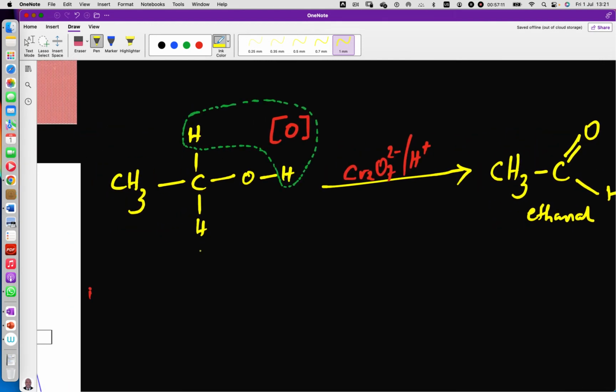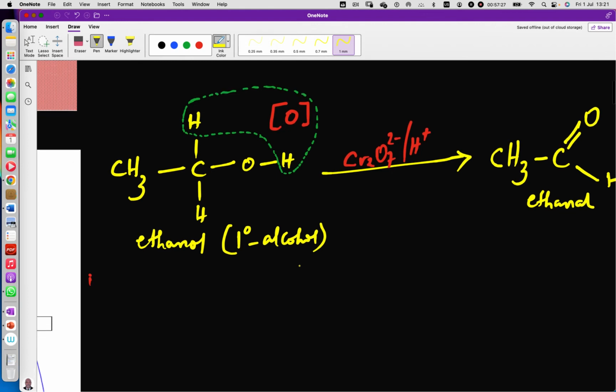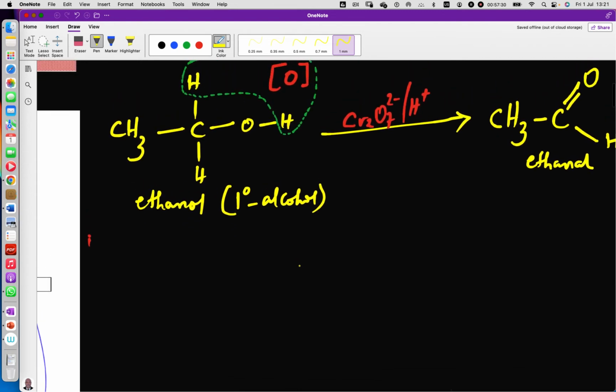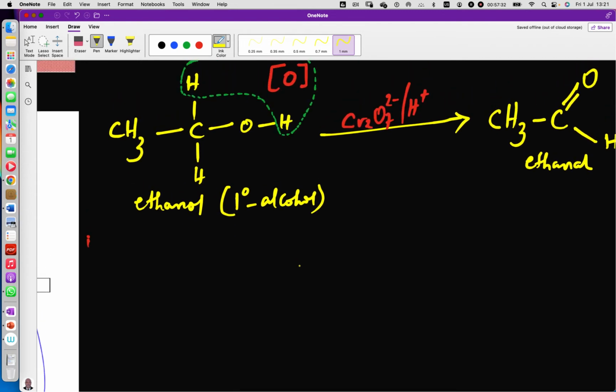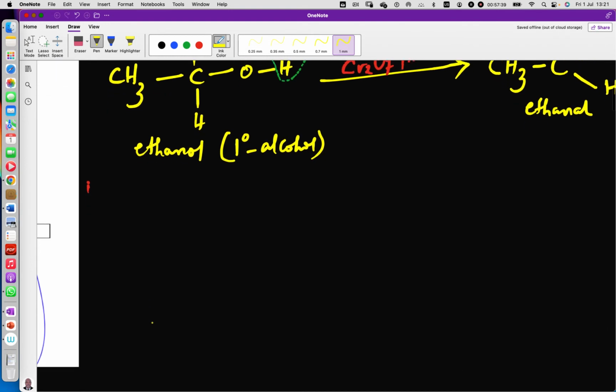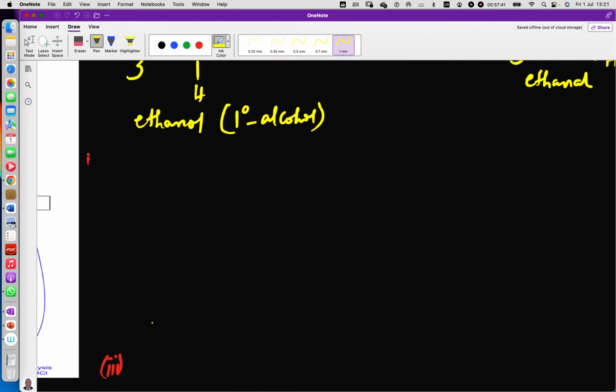This is ethanol. Call it a primary alcohol. That is the oxidation. Now, using a secondary alcohol, for instance propan-2-ol, we will have something like this. If I want to use a secondary alcohol, let me say CH3,